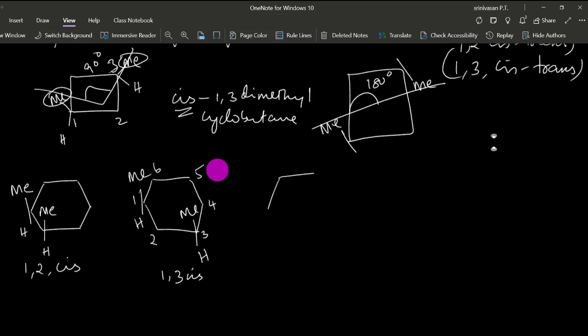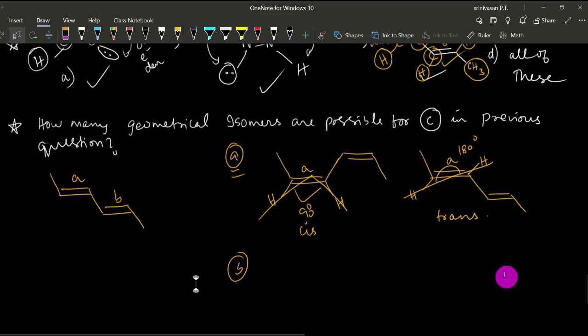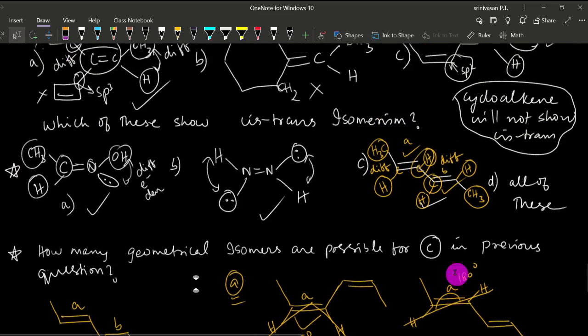Now I want you to draw the trans for all these compounds. Draw the trans next to it. So 1 2 3 4 5 6. So this will be 1 4 cis. Okay, 1 5 will not come. Why, tell me? 1 3 no. Okay, so now I want you to draw the